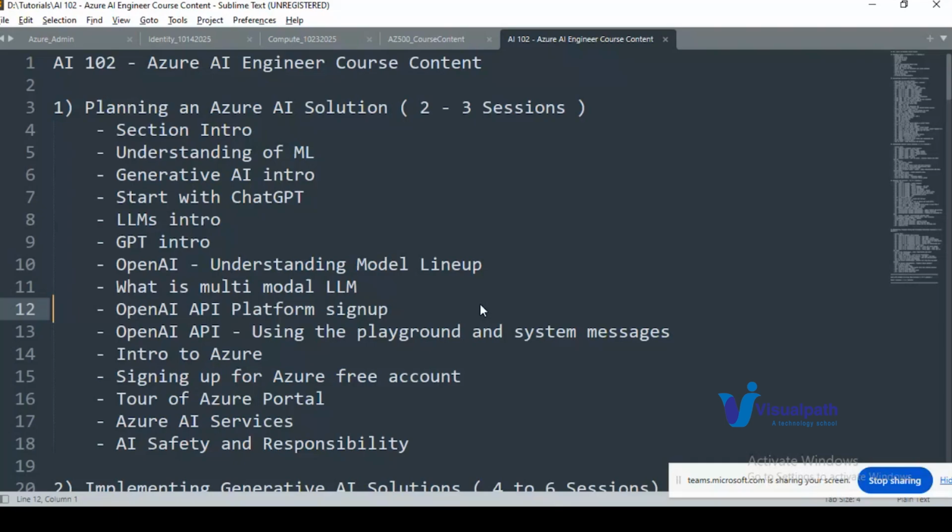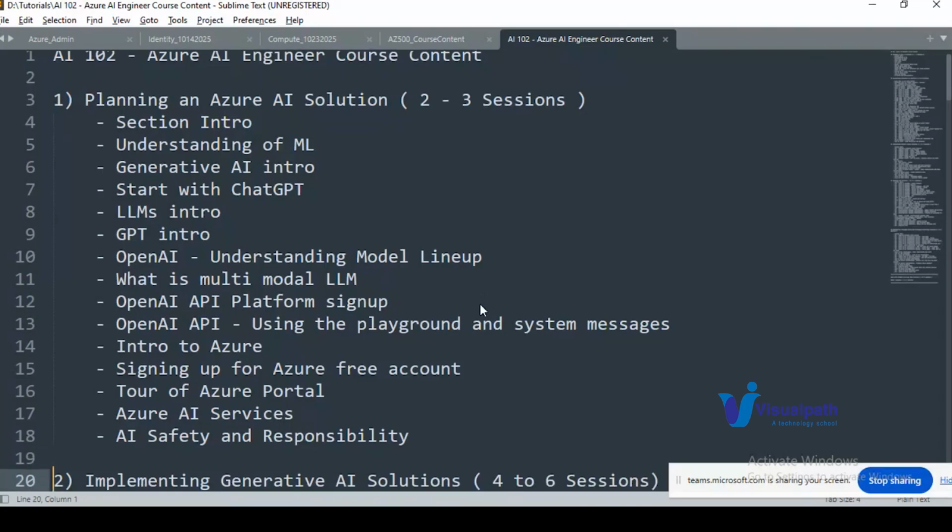If you're already working in Azure, this will be very helpful for you to understand, because the UI, the way they have set up the service, is kind of simple to understand. So the learning curve will be very easy for people who are already working in Azure. But for those who have not worked on Azure, you can still cope up and you can learn a lot from this course. Okay. So the first major topic that we'll be going through is the Azure AI solution, planning